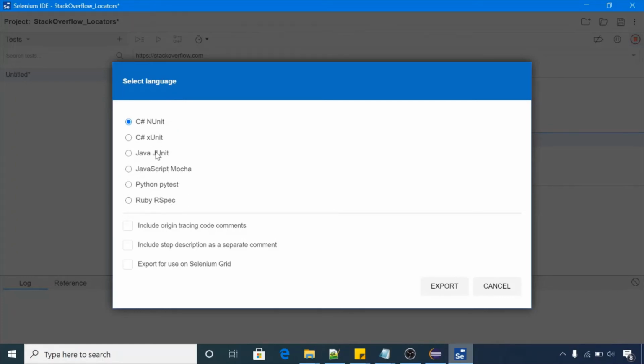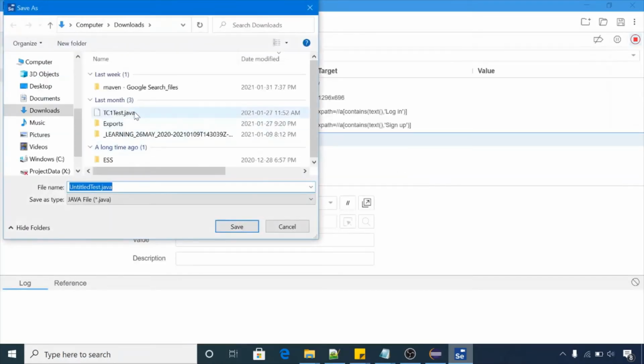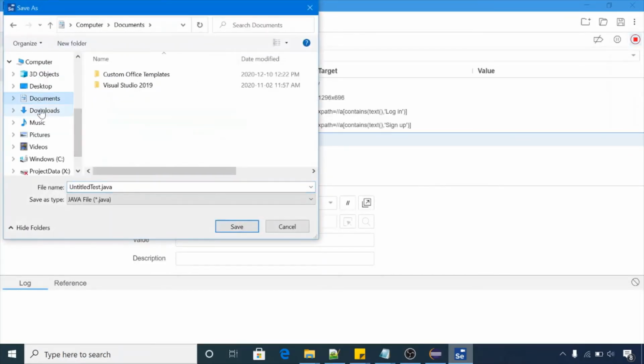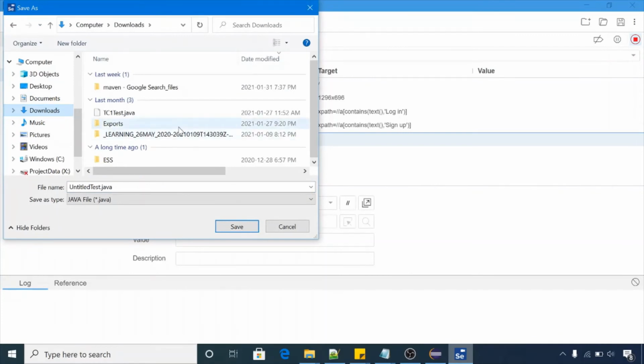So we are working on Java, so we'll select Java and click on export. So I will keep it in downloads. Okay, so I will name it as StackOverflow.java.